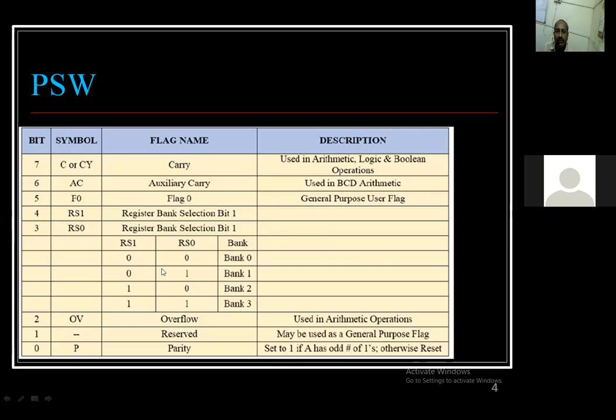So you might remember that if I want to store data in the R7 register, R7 of bank 3, at that time you are supposed to set these bits in the RS1 and RS0 places of the PSW.